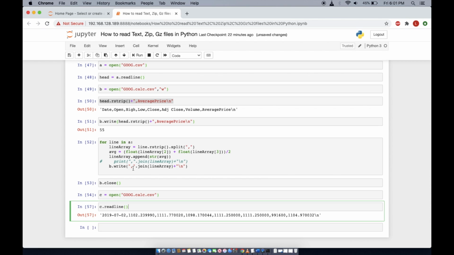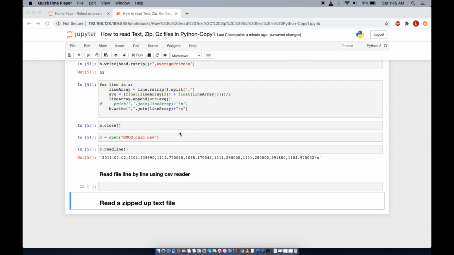Okay, let's move on to how to read a zip file. All right, before we move on to the next item, which is reading a file inside a zip folder, I'd like to include one more thing that I should remember later on. It's reading a file by a CSV reader. Okay, to demonstrate why I need a CSV reader and not just a split by commas, I injected a line, basically appended a line at the bottom of